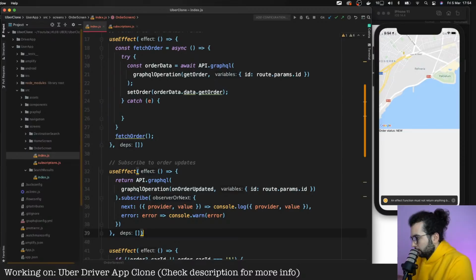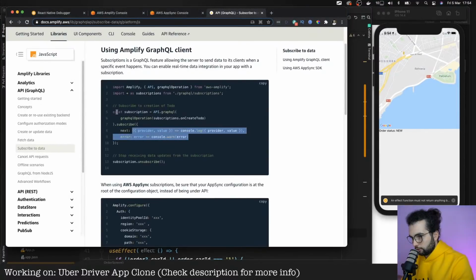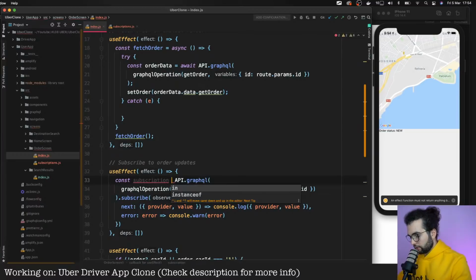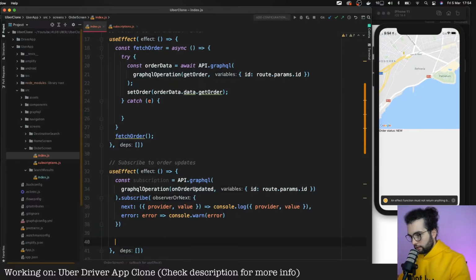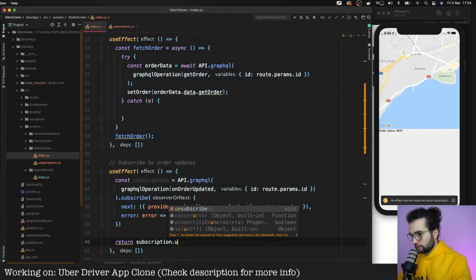An effect function must not return... okay. It's a bit different. It's not returning this one. We assign it to a subscription, and we return subscription dot unsubscribe.